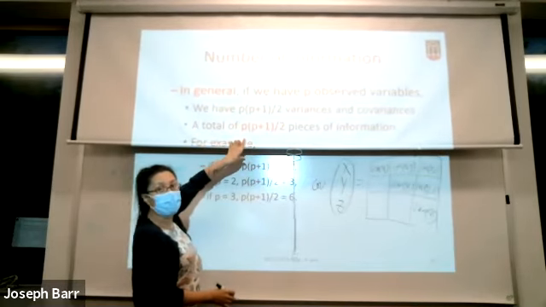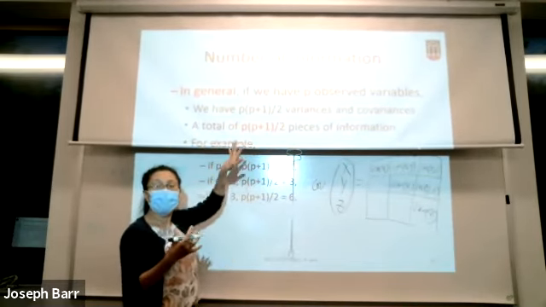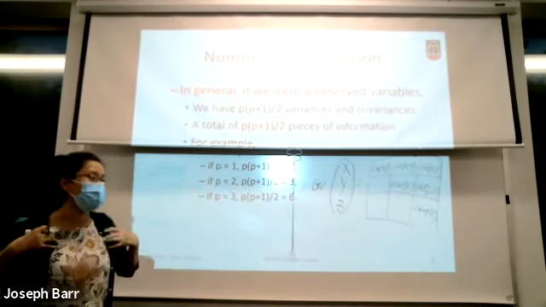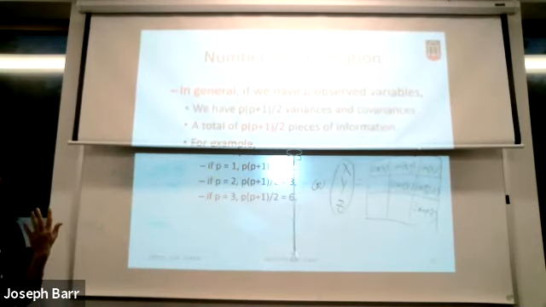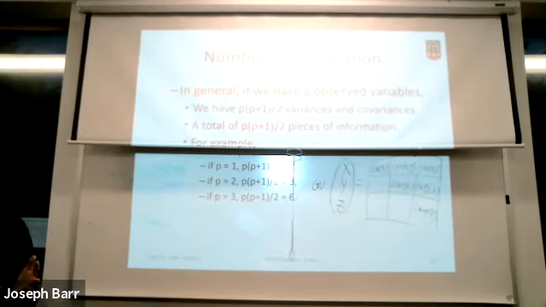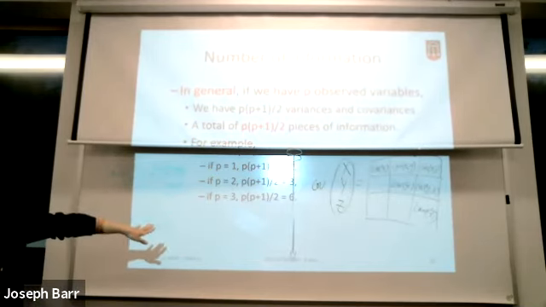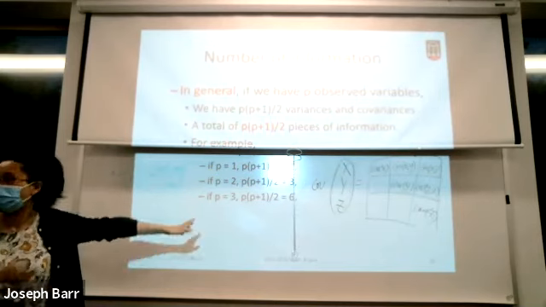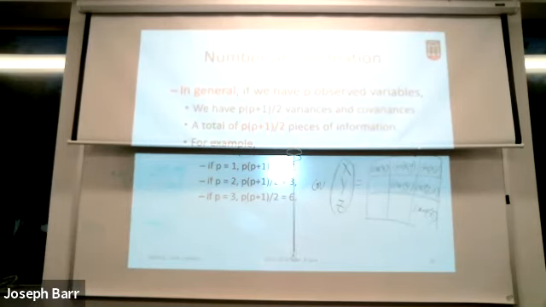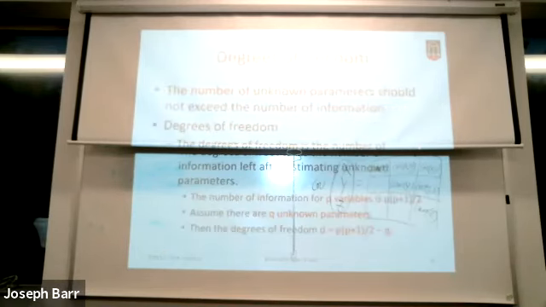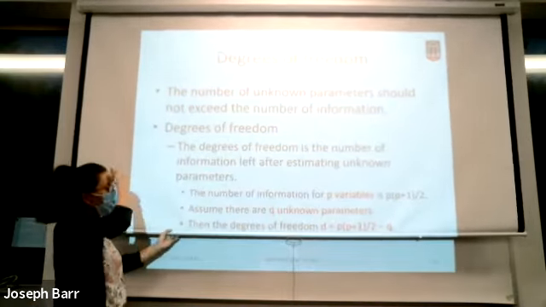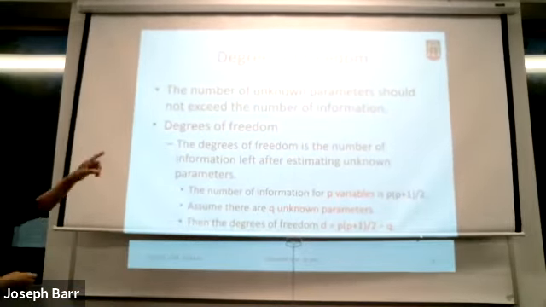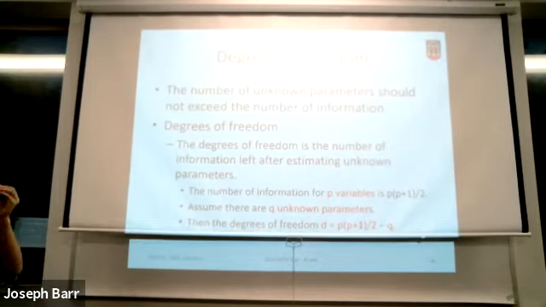All the numbers can be calculated by using this formula. When you change the number of p, the number of information will be different. So what is this number? This number tells us how much information is ready for you to use to estimate the parameters. This is the available information for you. By increasing the number of p, the number of information will increase. Now let's look at how to calculate the degrees of freedom. Once we know the number of information, the degrees of freedom is the difference between 2 numbers.